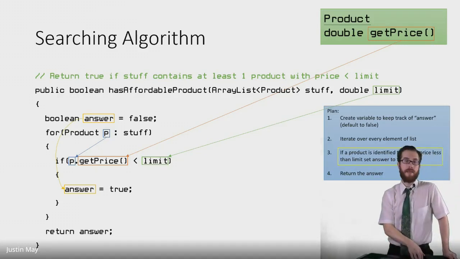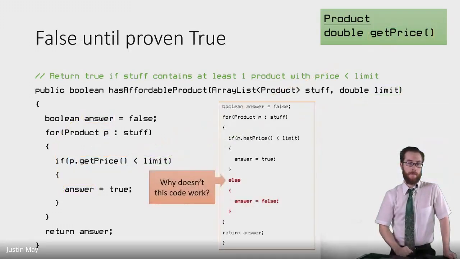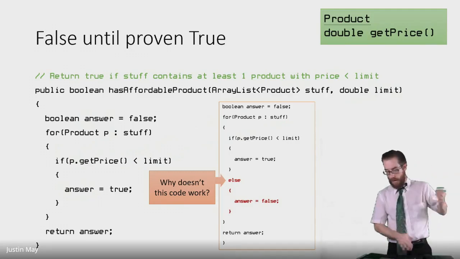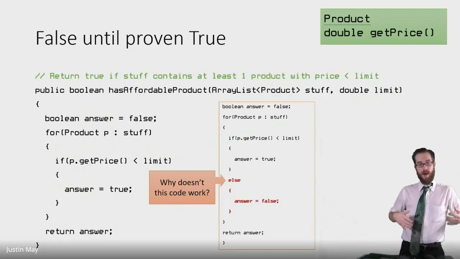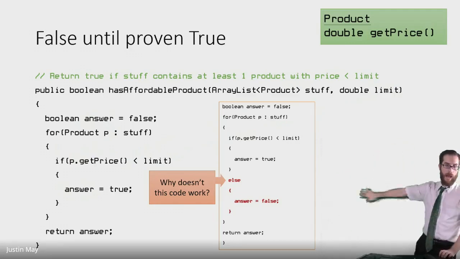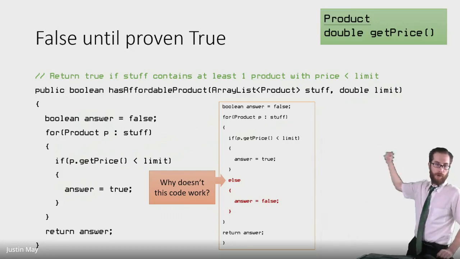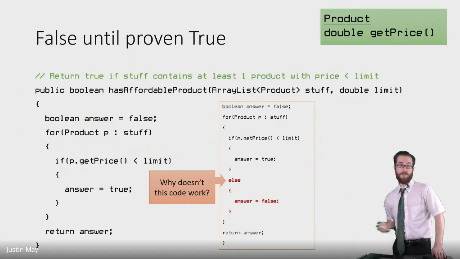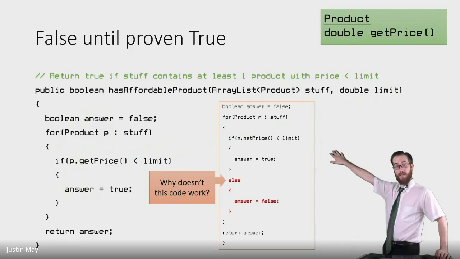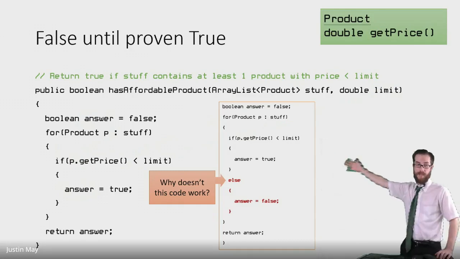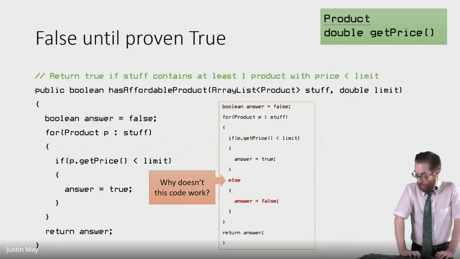There's a common way you can make a mistake here, especially if you're rushing through your answers. You might write something like this, which seems like it makes sense. So if we look at this, the only thing added is this red part. So for each product called P in stuff, if the price is less than limit, set the answer to true, else set the answer to false, right? Because if the price of the product is not less than the limit, then it's the opposite of this, right? So it's either true or false. But